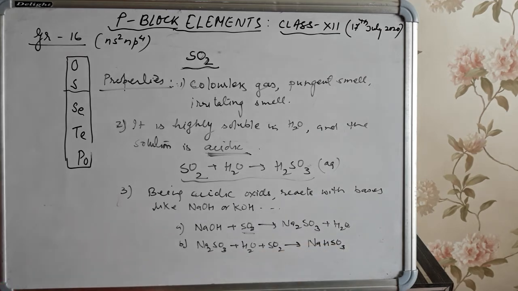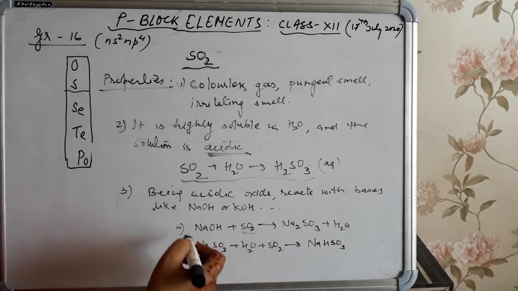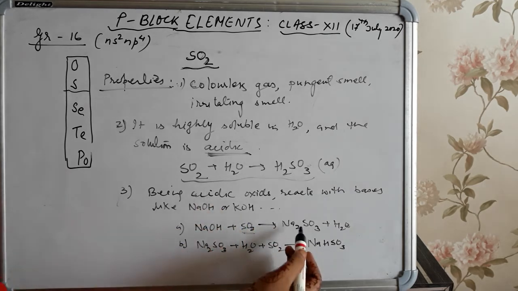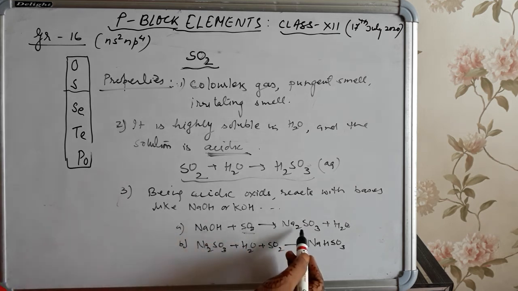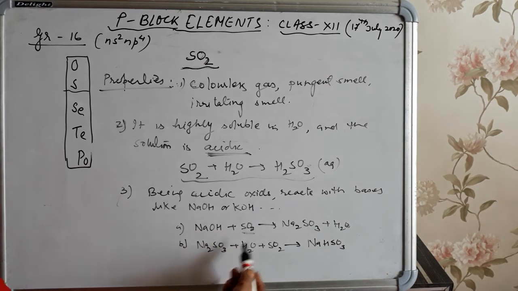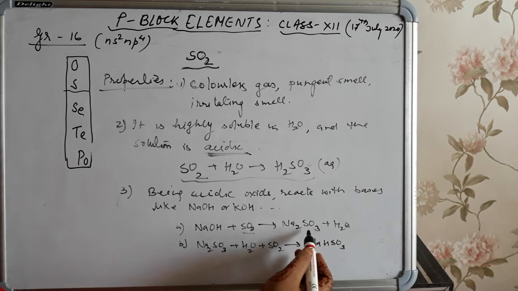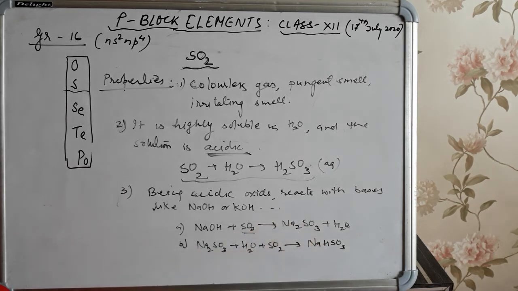NaHSO3 takes place. So students, remember that like carbon dioxide, whenever carbon dioxide dissolves in calcium hydroxide, milkiness appears. Same thing, when sulfur dioxide is treated with sodium hydroxide, it forms sodium sulfite, and with this sodium sulfite and water, if excess sulfur dioxide is passed, the milkiness disappears with the formation of sodium bisulfite. Like carbon dioxide, sulfur dioxide also gives the lime water test. We will discuss later how sulfur dioxide shows the lime water test.